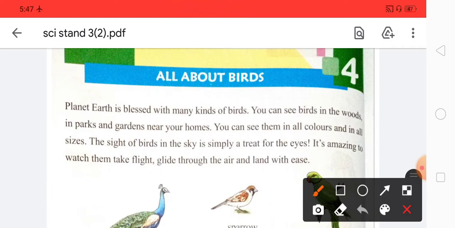It's simply a treat for the eyes, and they have good sight. It means they see everything very clearly. It's amazing to watch them take flight, glide through the air, and land with ease.